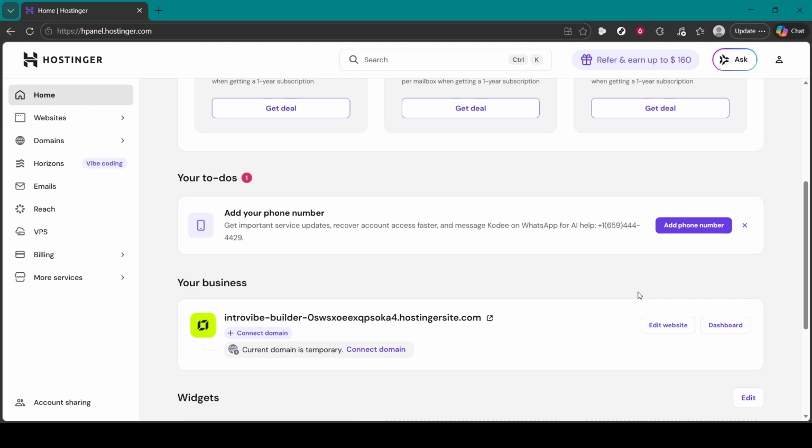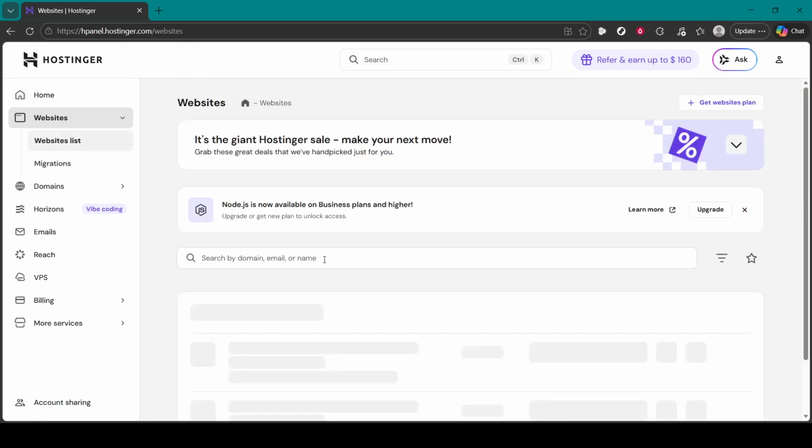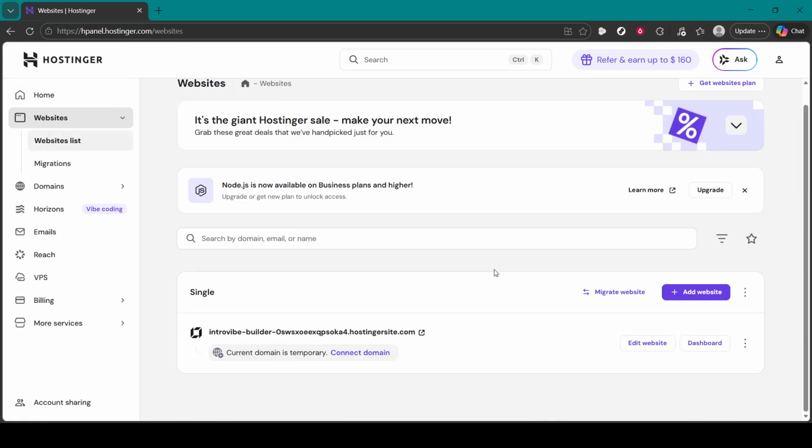Start by going to the Hostinger hPanel websites page. Open your browser and enter the hPanel address, then choose Websites. This is the dashboard where all your projects live. If you're already signed in, you'll see your list of websites right away. If you're asked to log in, just use your Hostinger account as you normally do. Being on the Websites page helps the support tool understand which site you're working on, so it can suggest more